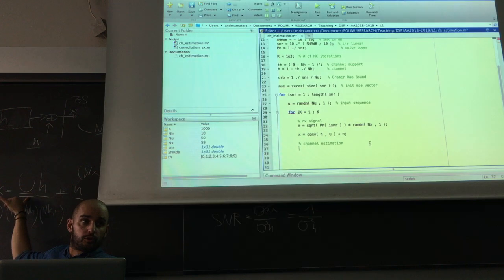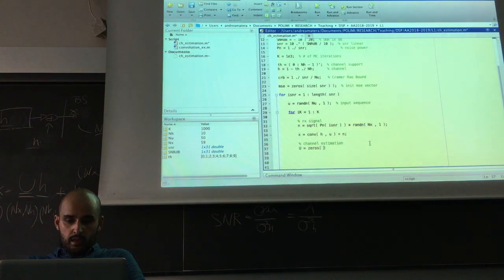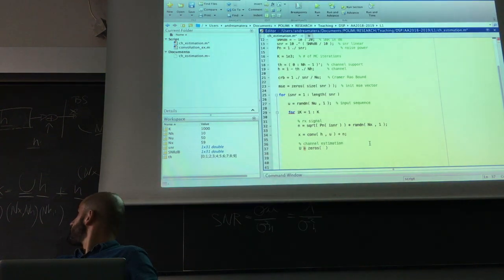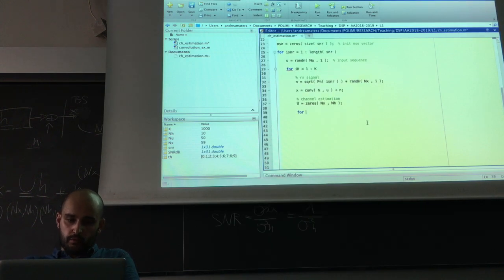We build our convolutional matrix, filling it with the training symbol U. So U, we initialize it, and the size is N_U by N_H. As we did before, now you make the for cycle, 1 to N_H,